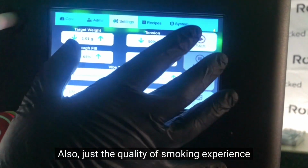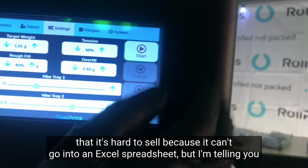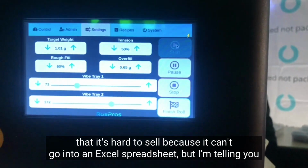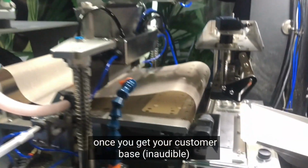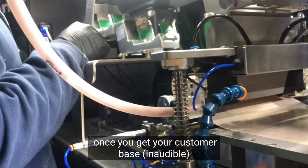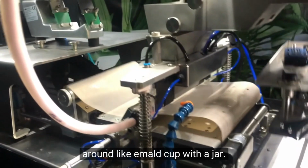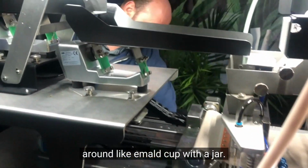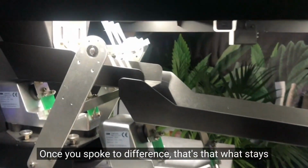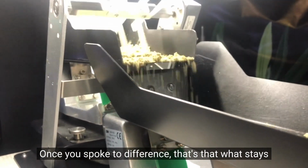Also, just the quality of the smoking experience is hard to sell. It doesn't go into an Excel spreadsheet, but I'm telling you, once you get your customer base, or just samples from a good demo, you had a jar, you walked around with it like Emerald with a jar. Once you smoke the difference, that's what stays with you. So it's definitely